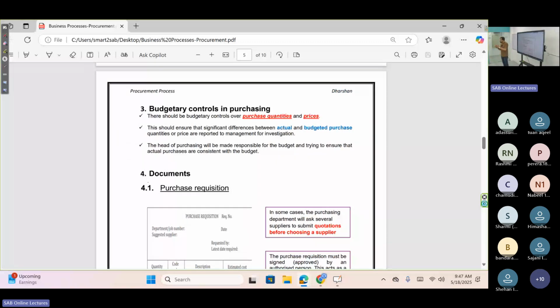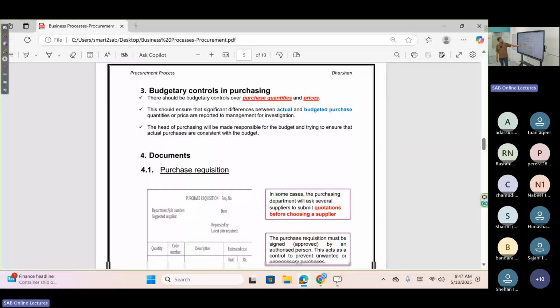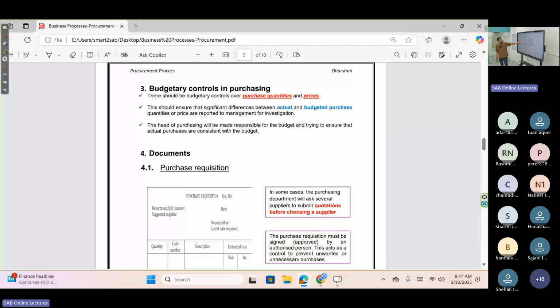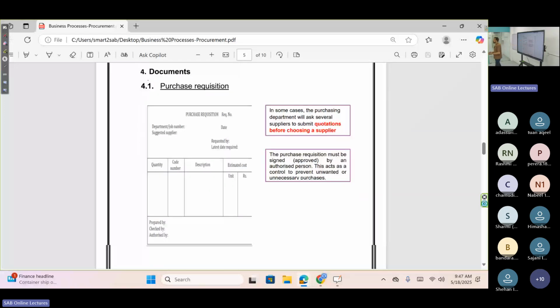So the budget's main purpose is controlling the cost. Whenever you make a purchase, your purchase must be in line with the budget. If any deviations take place, you should justify that deviation. Okay, so these are the things. Only 3 points we should learn about budgetary controls. That's straightforward. So the fourth topic is documents involved in the